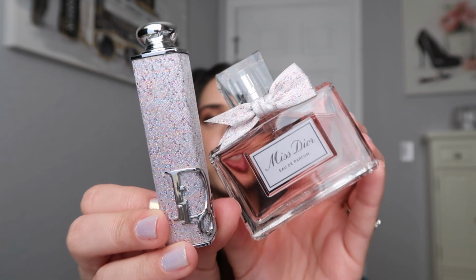So I really do love the packaging on this. It is wonderful. This one though was a gift from my husband's grandmother. She knows that I love this fragrance and I always have it in my collection. This is one just like my Chanel one and my Gucci one. When I run out of this, I usually go out and pick up a bottle, just because this is like